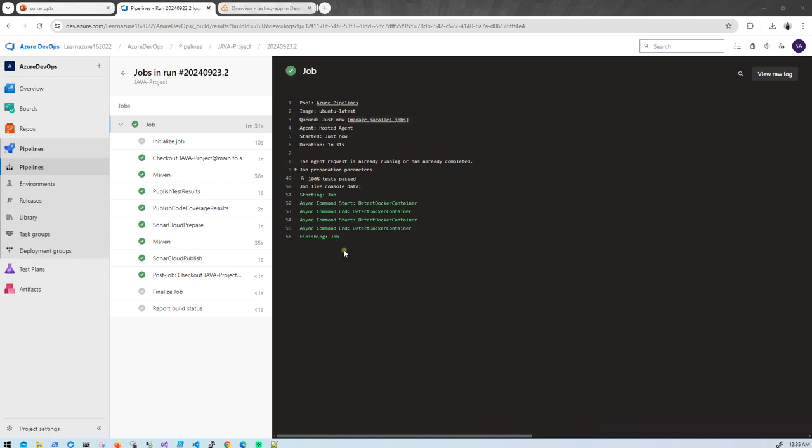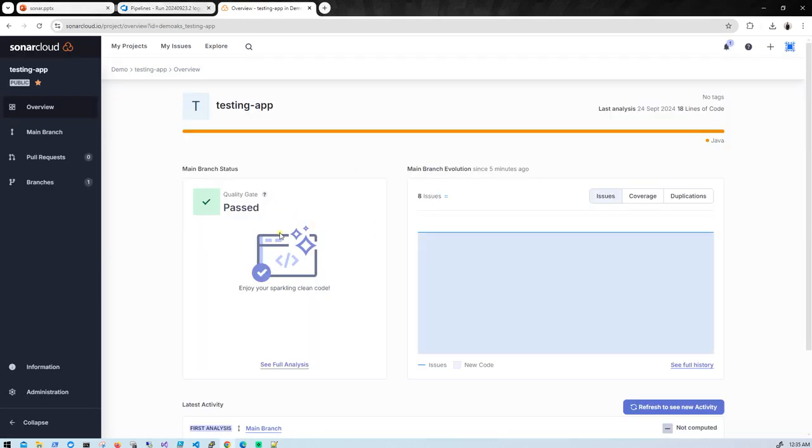So now you can see the build is completed. Let me go back to my Sonar Cloud. Now you can see the quality gate is passed. What happened when we ran the first time? Then what Sonar Cloud basically does